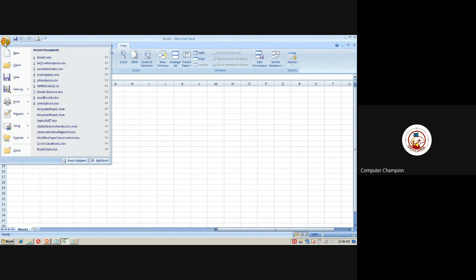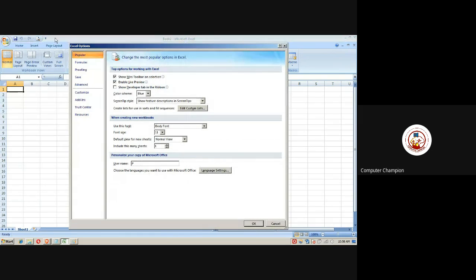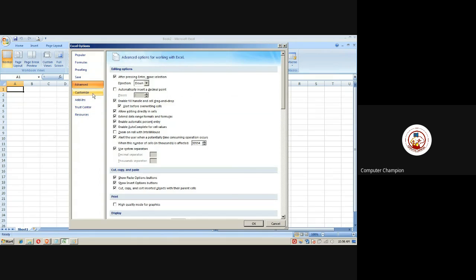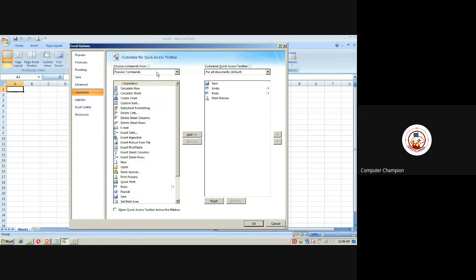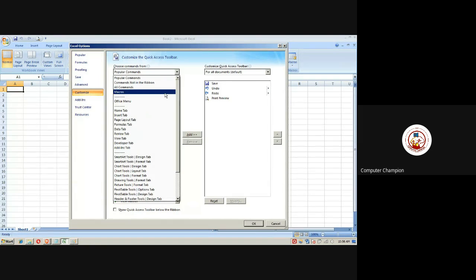Then I think you have to go into the Excel options and get that shortcut above. Maybe these options might be different in your Excel versions. You have add-ins also, and here you have macros.